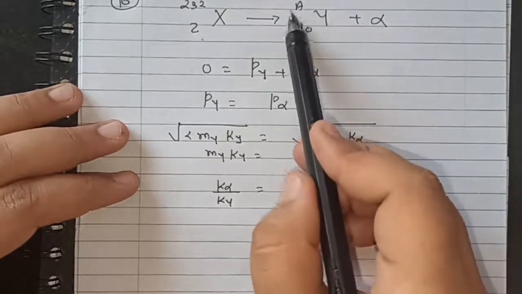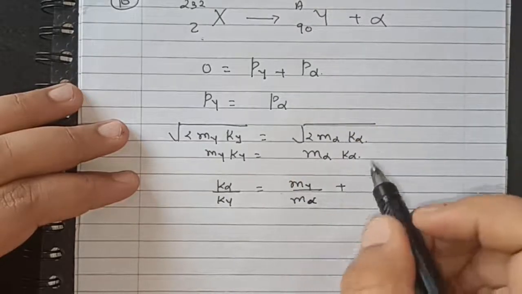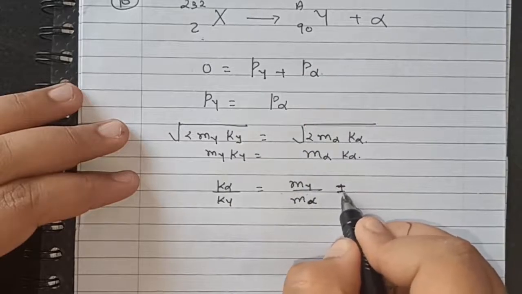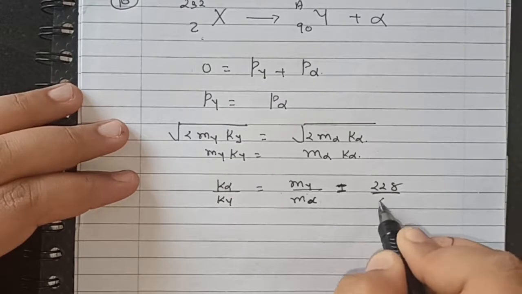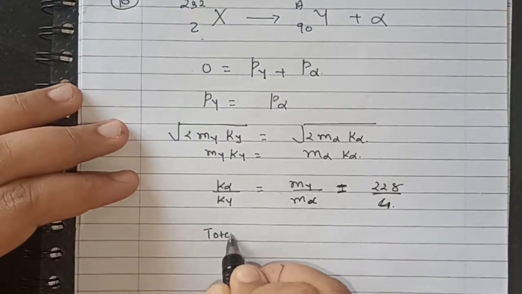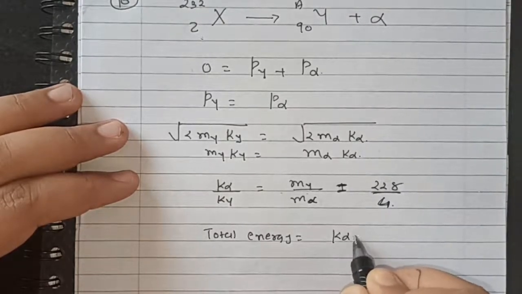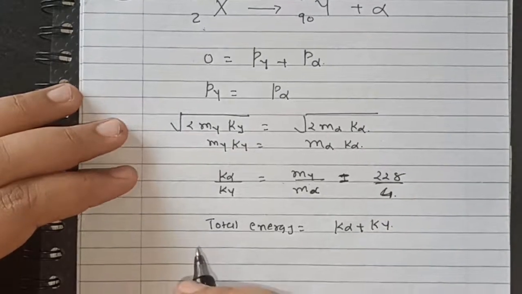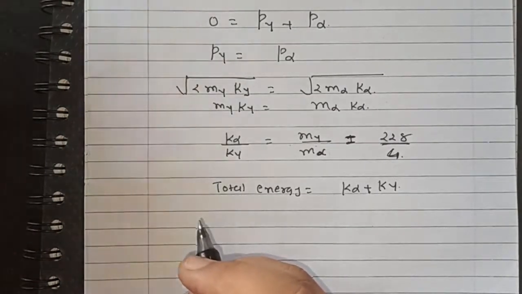Here the mass of Y will be 228 because due to alpha radiation the mass will reduce by 4. So it is equal to 228 divided by the mass of alpha, which is 4 AMU. Now, the total energy is equal to K alpha plus Ky, and K alpha by Ky is the ratio above. We want to find K alpha